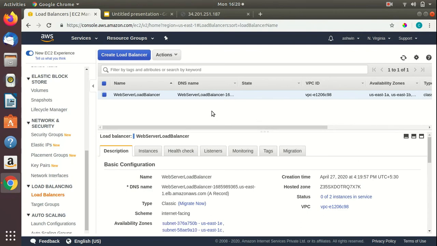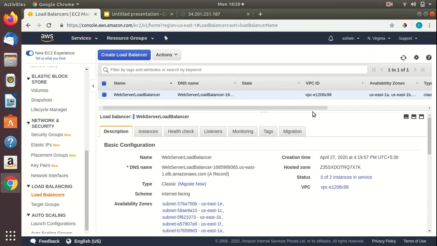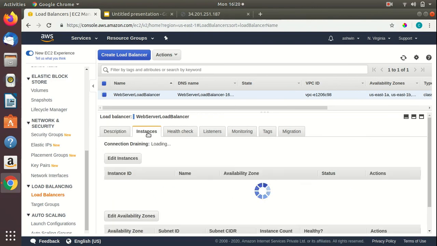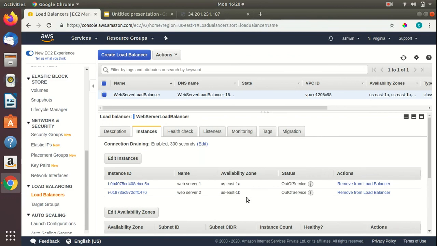You can see the load balancer is getting provisioned for us. You can get the DNS name of the load balancer by clicking on the description tab here. This is the DNS name of the load balancer. Next we will check the status of the instances associated with the load balancer by clicking on the instances tab here. It says out of service.